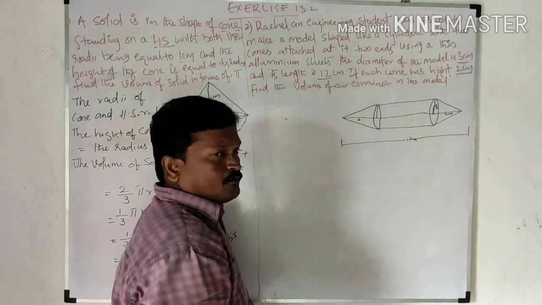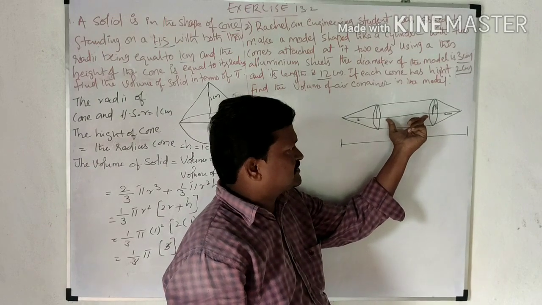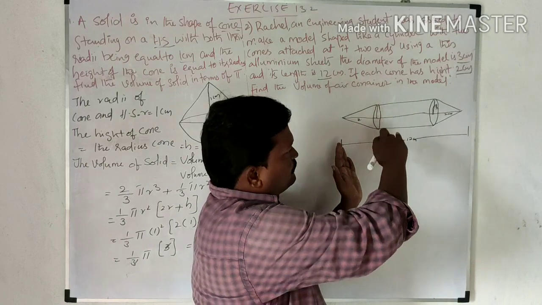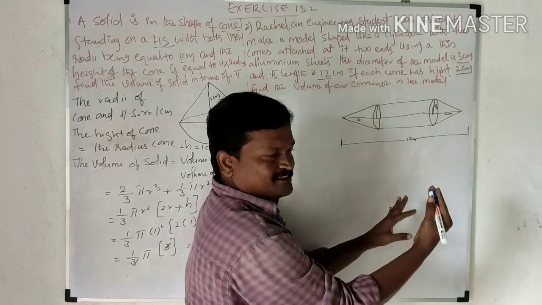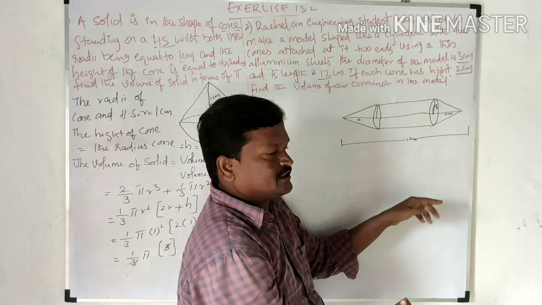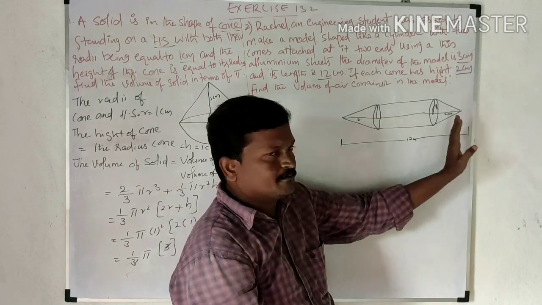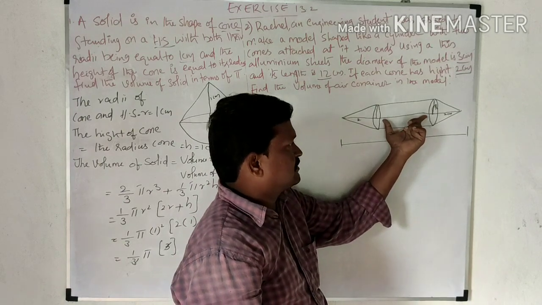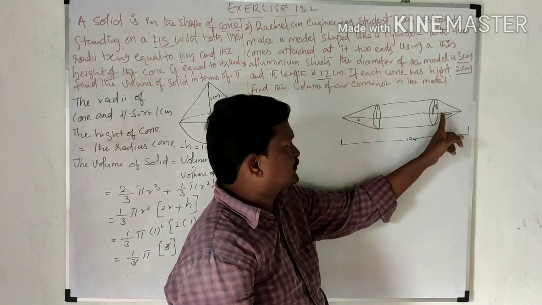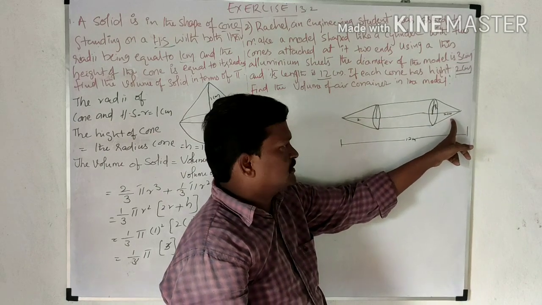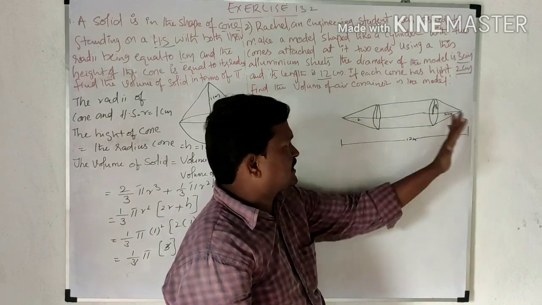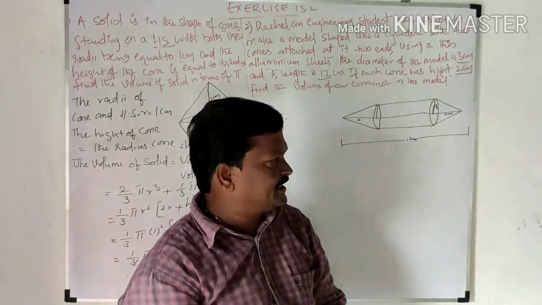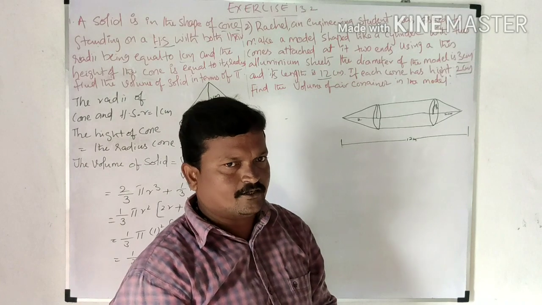Then what will be the length? Length means it is a height. Okay, they are keeping it like this. If you place it like this, vertically, then that will be the height. Okay, if they placed it horizontally it will be the length. Length and height both are the same here. So what will be this length? Up to here, total 4. Okay, so if you subtract this 4 from the total length, 12 minus 4 will be 8, so 8 will be the length of the cylinder.